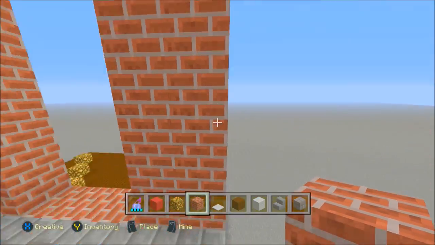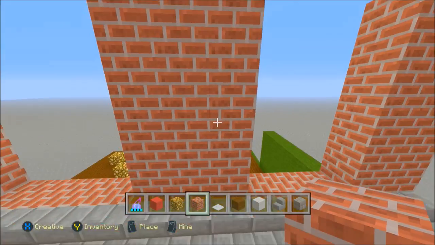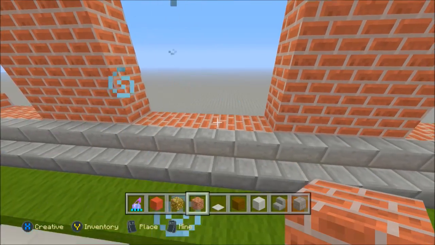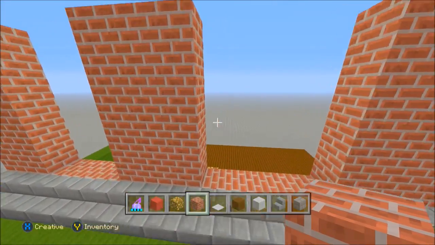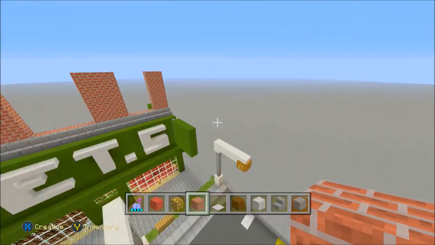And then there's basically 2 pillars. Then it's a 3 block gap. Then this is 5 blocks high again with 3 blocks. Then this is a 4 block gap. Yeah, that's a 4 block gap. And there's 3 blocks. Then that's a 3 block gap. And then the rest is filled in there. So yeah, you could have made your shop bigger.